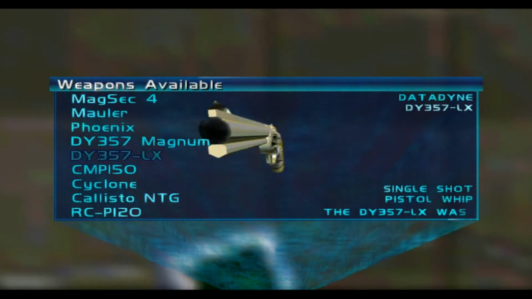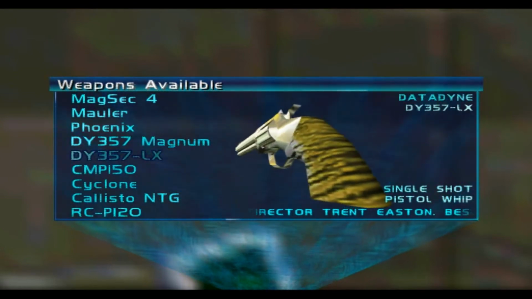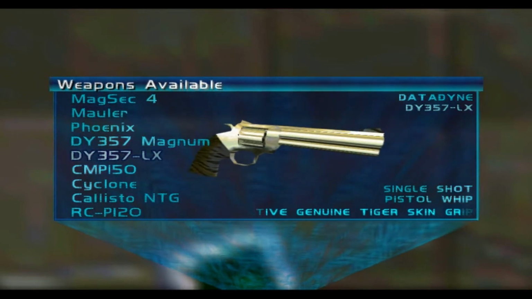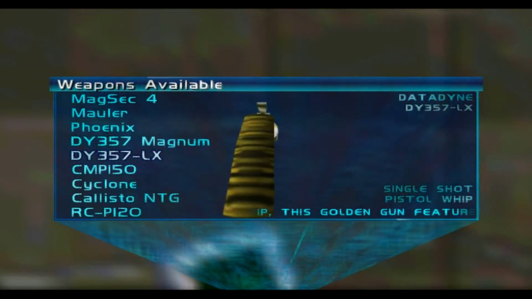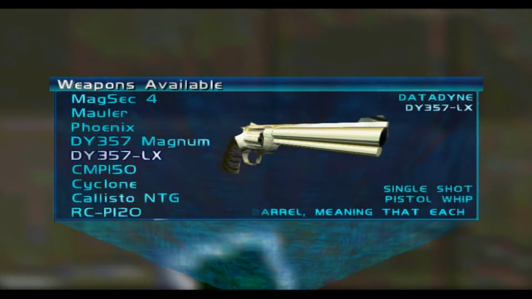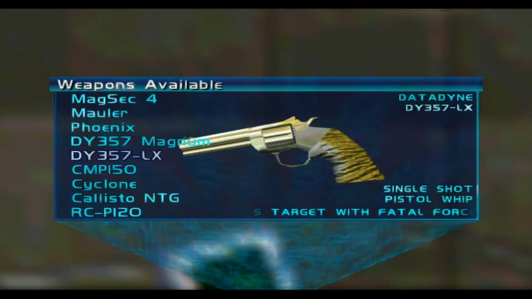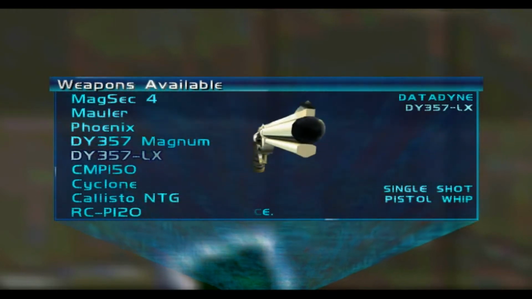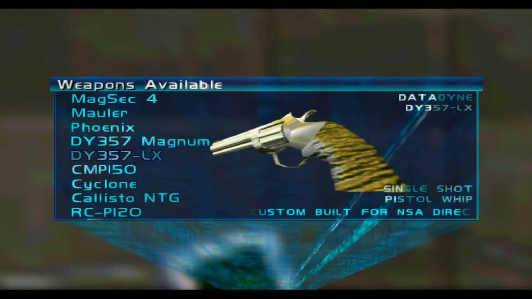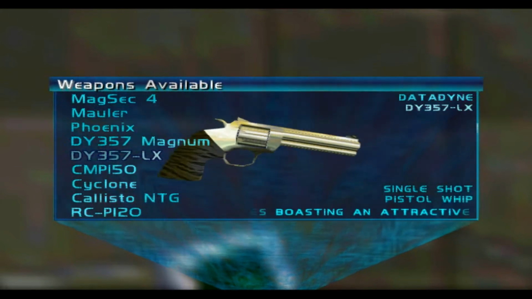DY-357LX, also by Datadyne. The DY-357LX was custom built for NSA Director Trent Easton. Besides boasting an attractive, genuine tiger skin grip, this golden gun features a velocity-optimized barrel, meaning that each bullet always meets its target with fatal force. So yes, this is the one Trent Easton used in the game. We got to use a pair of them in Area 51 Mayan SOS, and it's this game's equivalent to the